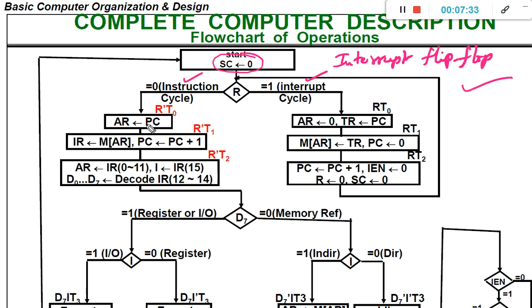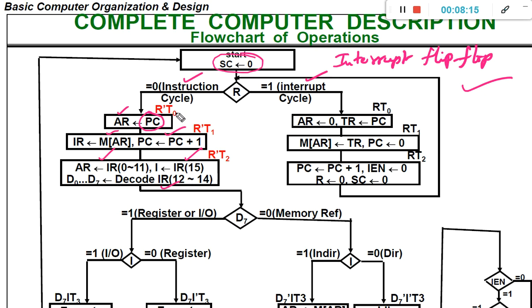So in the instruction cycle, what are the statements we need to perform? Move the content of PC to address register, fetch the instruction from the main memory, M of AR assigned to IR, increment the program counter, and move the 0 to 11 bits of IR to AR, and move the instruction register's 15th bit to I bit, and decode the 12 to 14 bits of IR to the decoder D0 to D7.